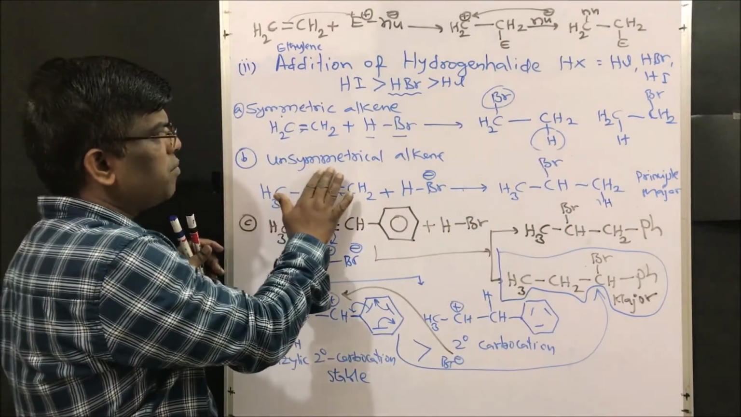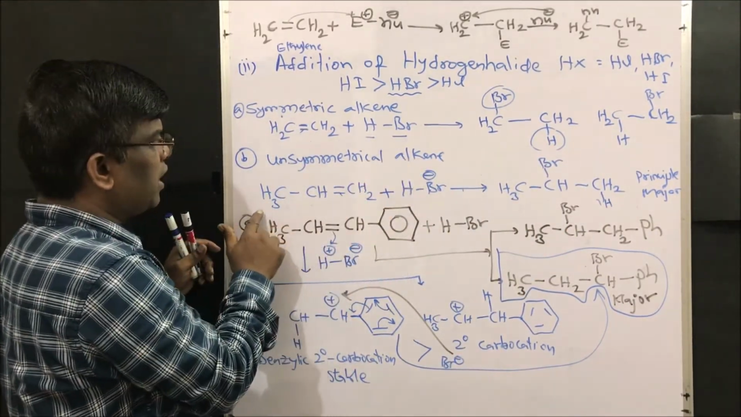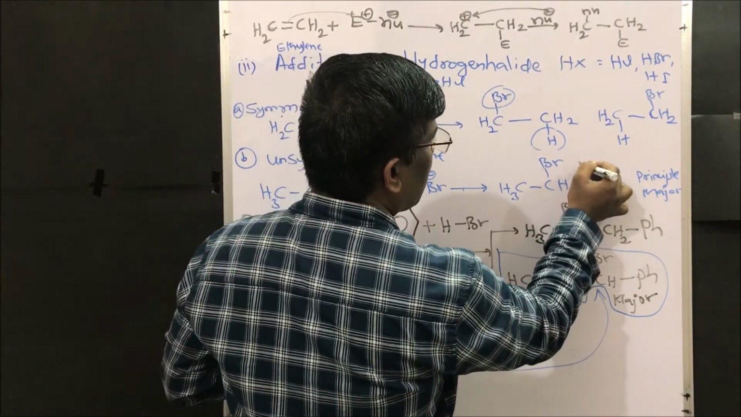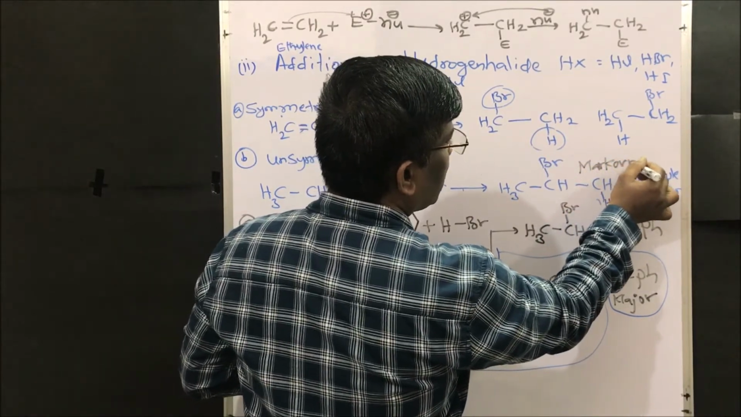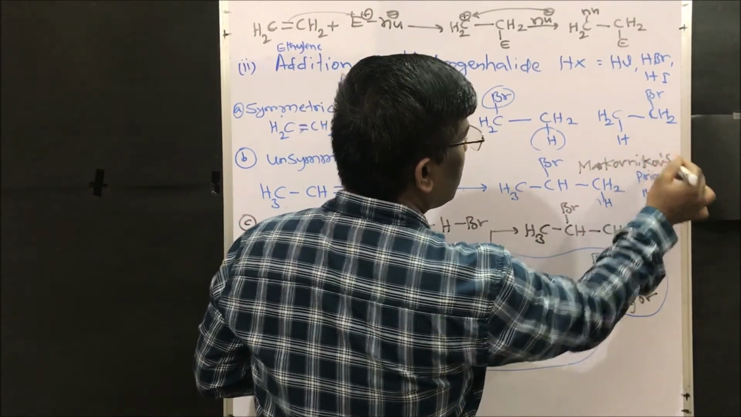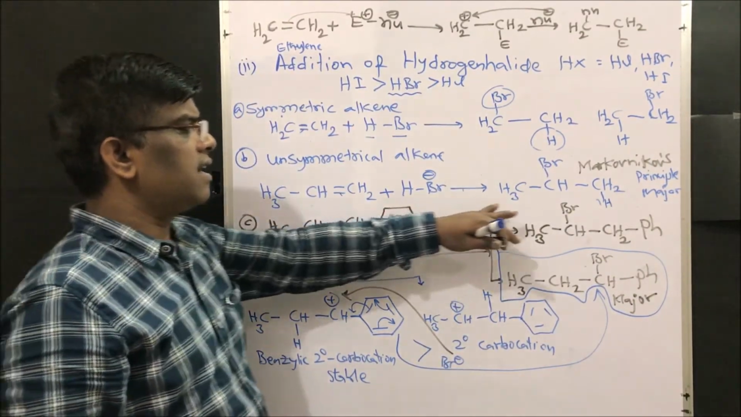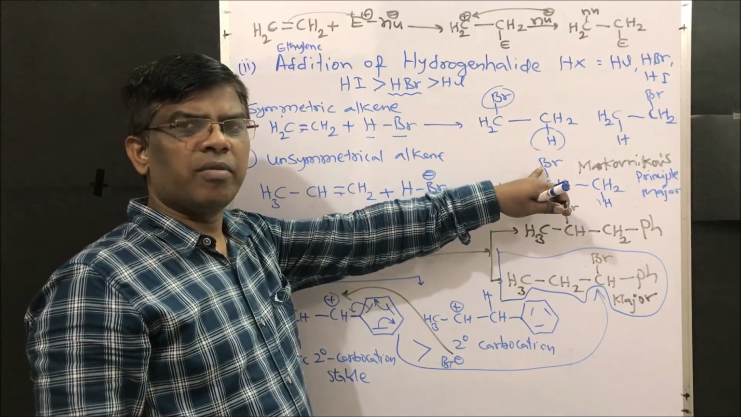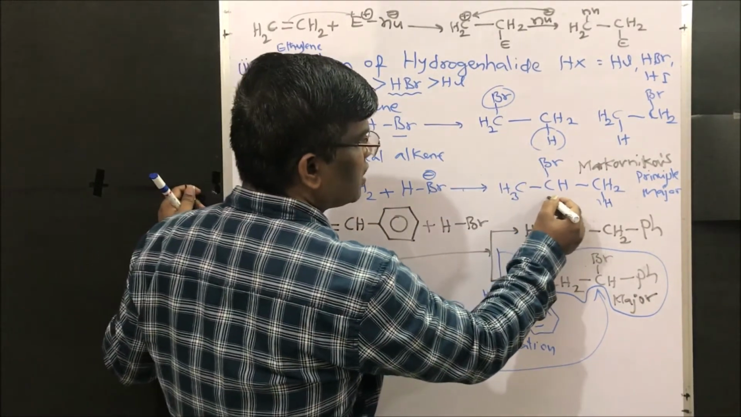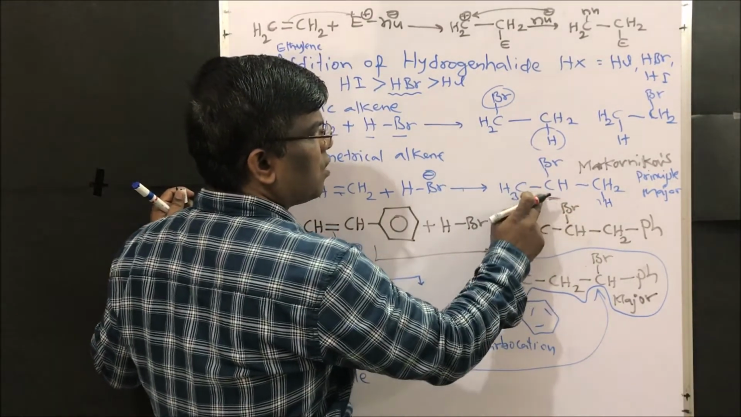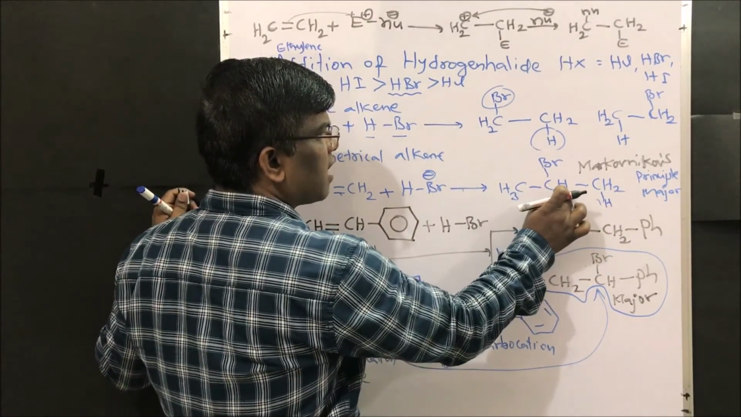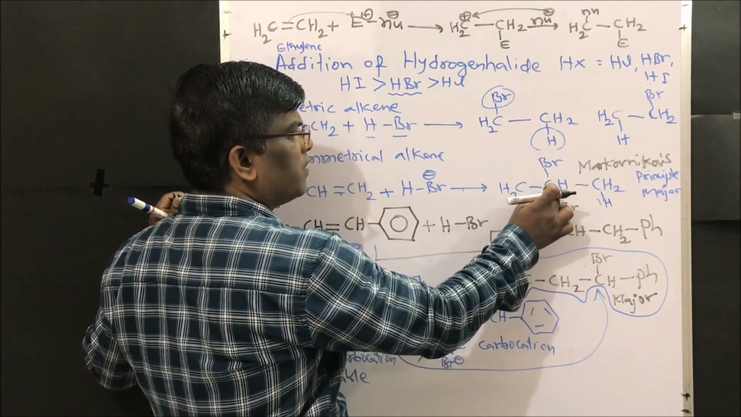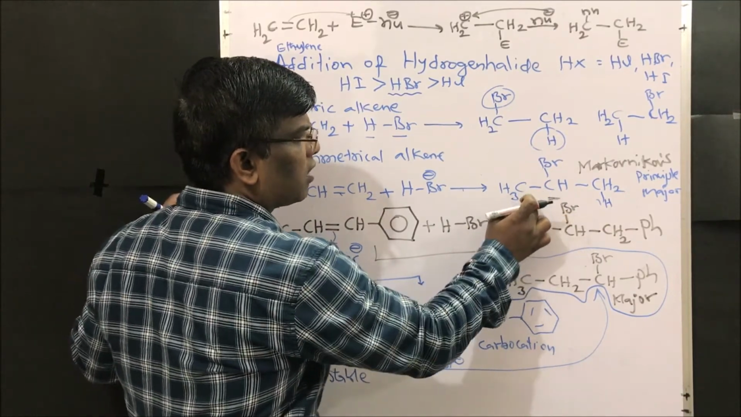But when it comes to an unsymmetrical alkene, here comes Markovnikov's rule. It is very important. Markovnikov's rule states that the incoming negative addendum will be added to the carbon which has fewer hydrogens. So among these three carbons, this carbon has fewer hydrogens. So that negative addendum will be added to this carbon to give the major product,